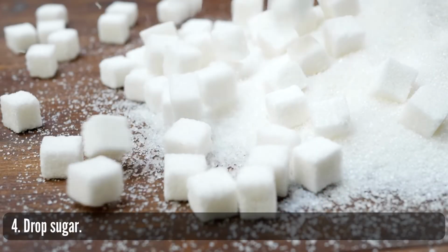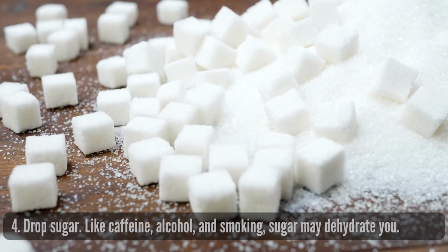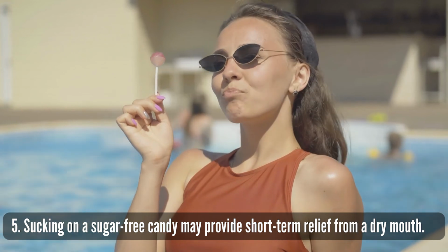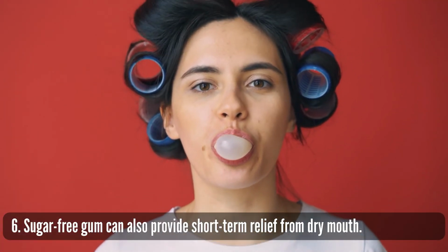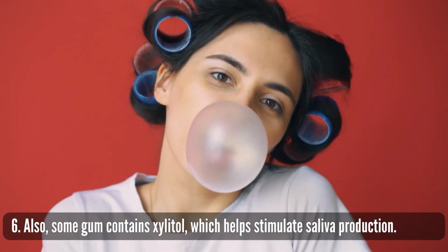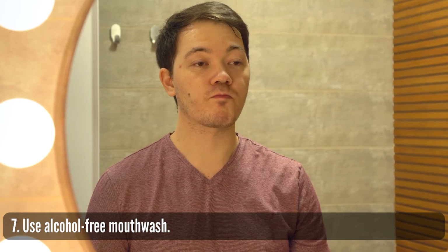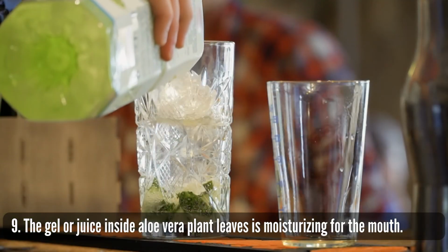Drop sugar. Like caffeine, alcohol, and smoking, sugar may dehydrate you. Sucking on a sugar-free candy may provide some short-term relief from a dry mouth. Sugar-free gum can also provide short-term relief from dry mouth. Also, some gum contains xylitol, which helps stimulate saliva production. Use alcohol-free mouthwash. Avoid breathing through your mouth. The gel or juice inside aloe vera plant leaves is